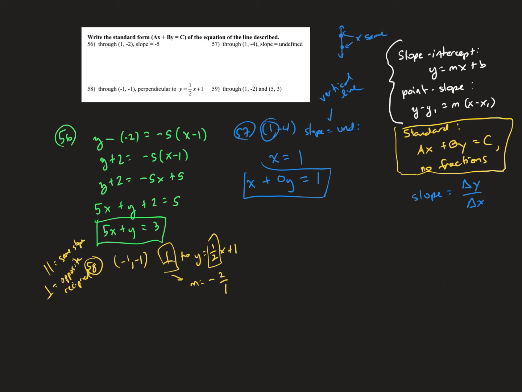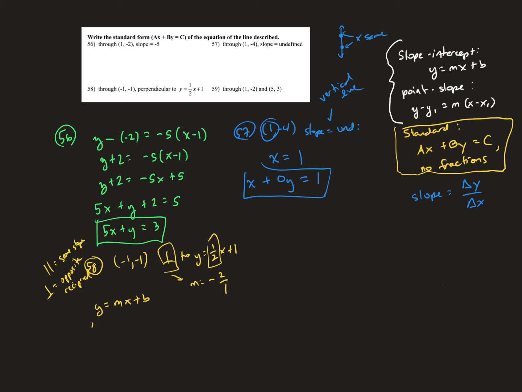So now I've got a point and the slope. I could drop it into point slope, or I could work to get it into slope intercept. It's all depending on how you want to do it. I'm going to go ahead and do slope intercept this time, just so you can see how that works. So if I wanted to go directly into slope intercept form,